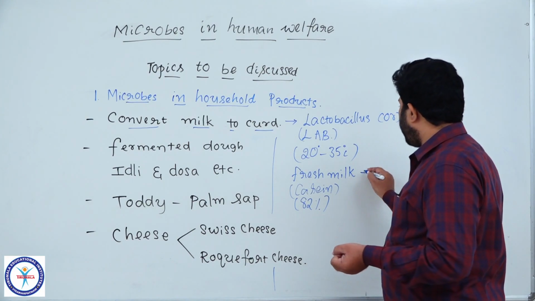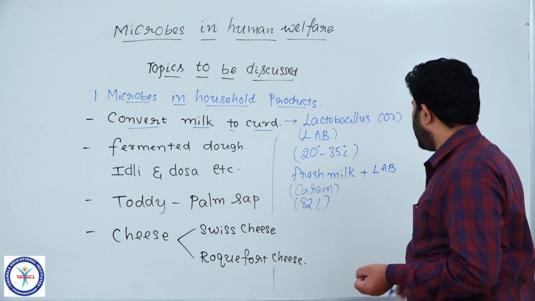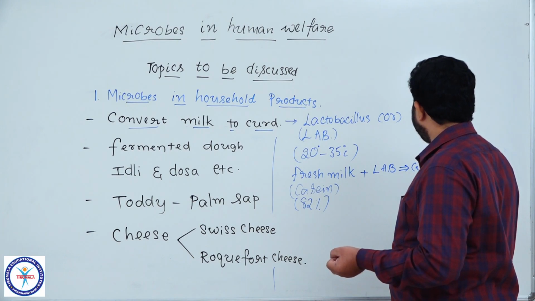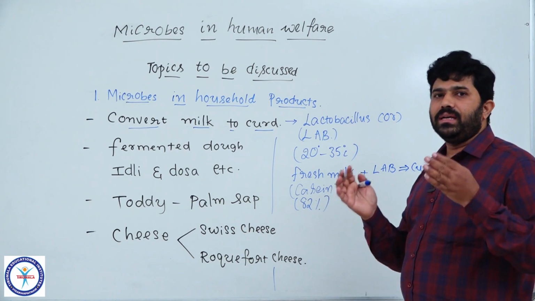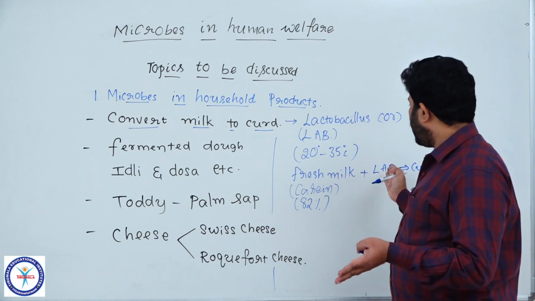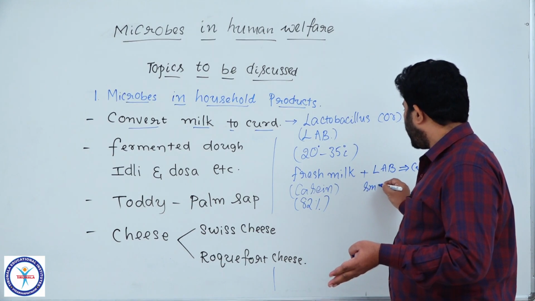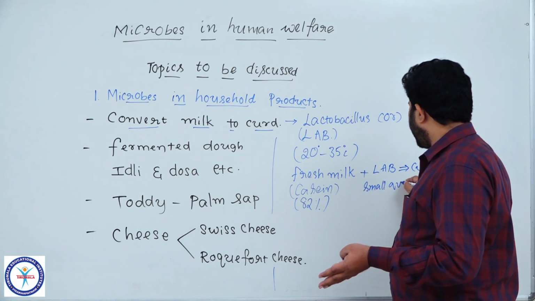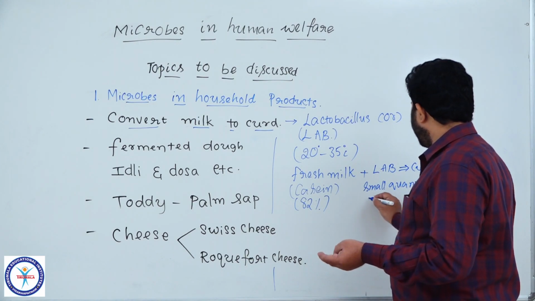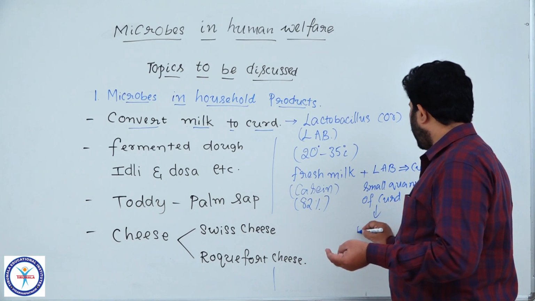So fresh milk plus lactic acid bacteria turns into curd. When you give sufficient time after the addition of lactic acid bacteria, which is present in a small quantity of curd, a small quantity is enough. A small quantity of curd is inoculated